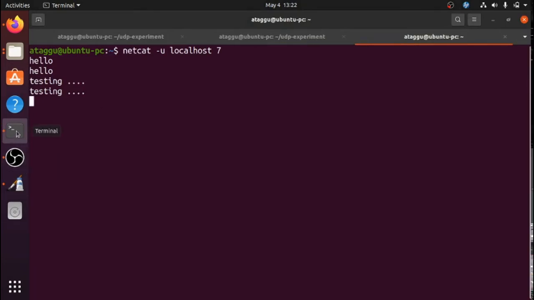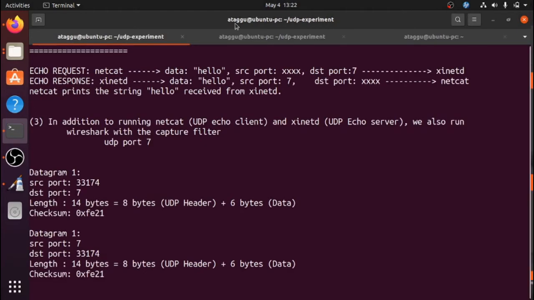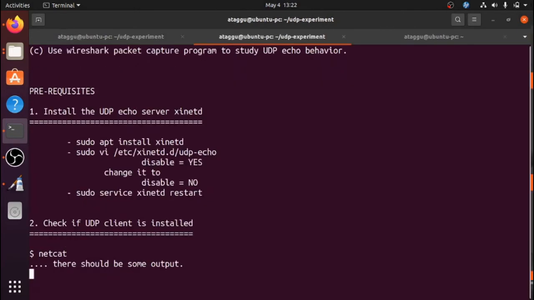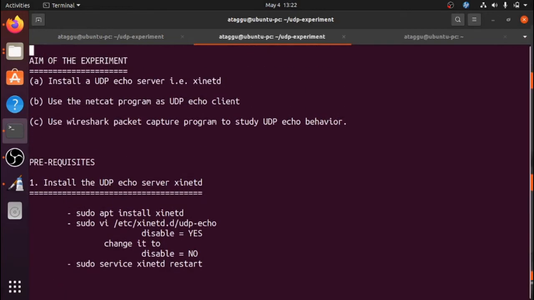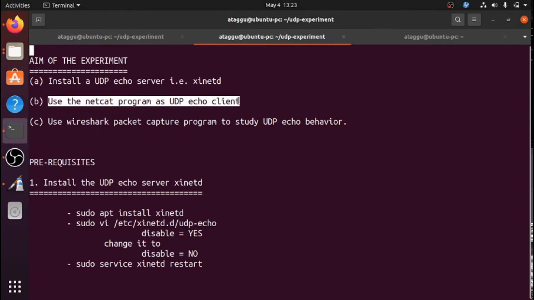So let's look at our objective now. Our objective here was to understand how this thing really works. How does an echo client, echo server, UDP echo server, and UDP echo client work? So we have already installed the first part. We have installed xinetd, and then we have checked that the UDP echo client netcat is there, and you could successfully connect the client and the server, and you have seen that the echo service is working.